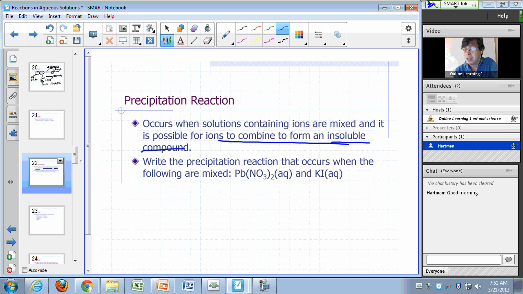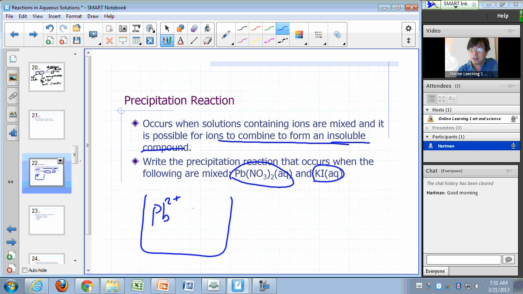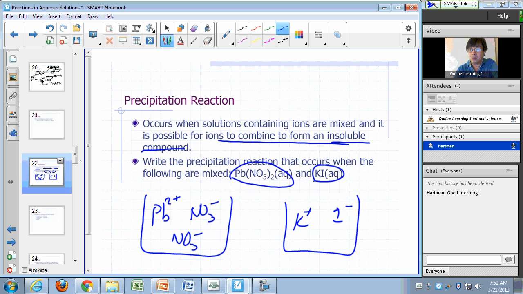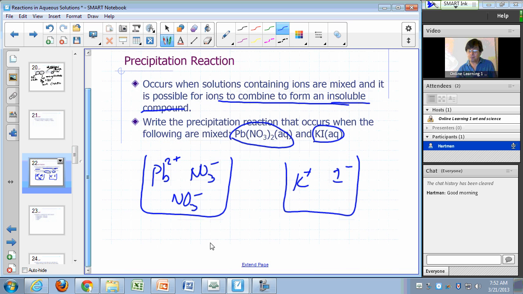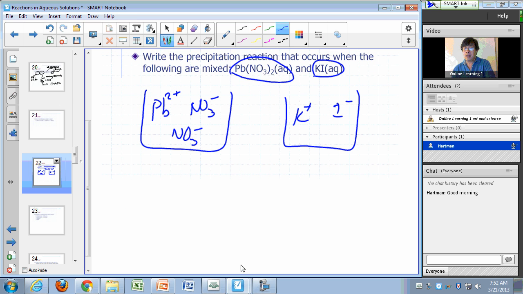So for example, let's say we were to mix lead nitrate solution and potassium iodide. Now if you have a lead nitrate solution, you're going to get lead ions there and nitrate ions evenly dispersed throughout your solution. You have gazillions of these. And potassium iodide, you also have potassium and iodide ions all in your solution. Well, what happens if you mix these two together? You can see that there's two new compounds that you could form that could possibly be insoluble in